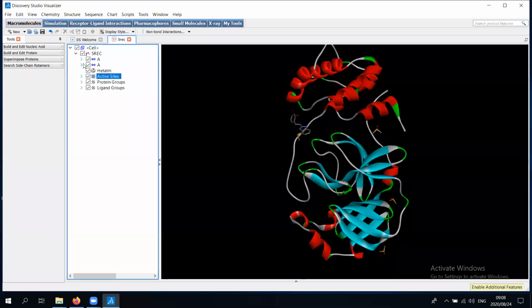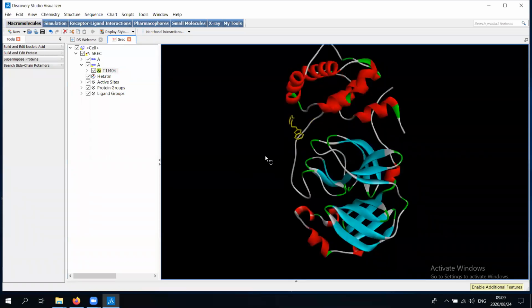And of course, there are two A groups. Expand the second one, and you can see the dimethyl sulfoxide. You can select that one and press delete. You can select and press delete, and select and press delete, and so on. And then you've got a